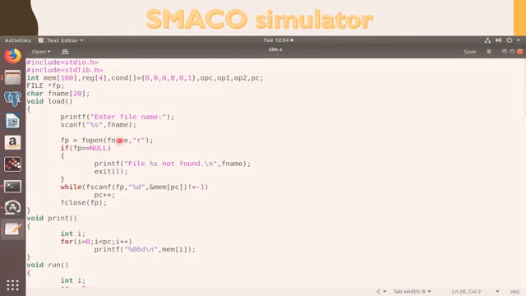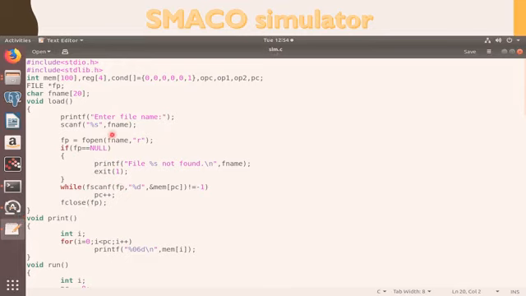And if your file pointer is found, that is, your file is present, then we will scan it instruction by instruction and save it into a memory array. Memory and PC: PC is your program counter. So line by line, we will save that file in our memory array, and the program counter will be incremented with PC++. We do this while the file doesn't end, that is, until it is not -1, we read that file content, and then finally close the file.